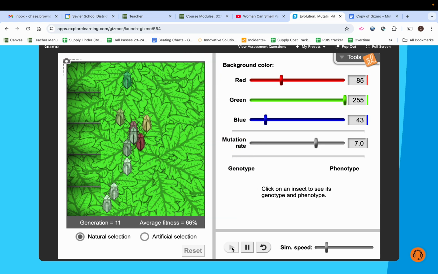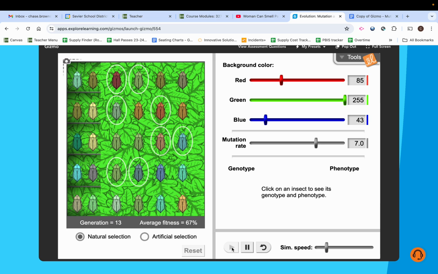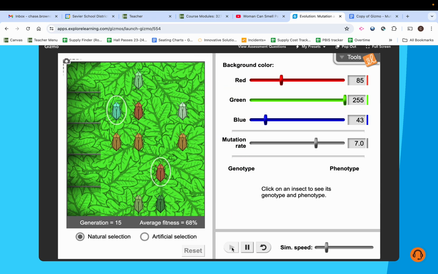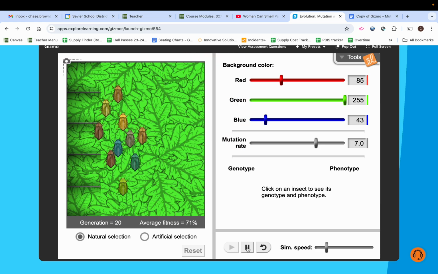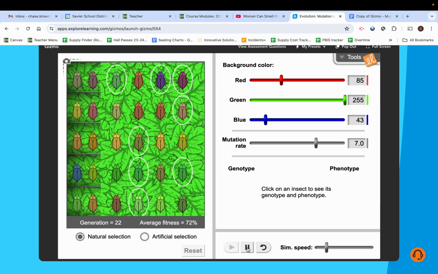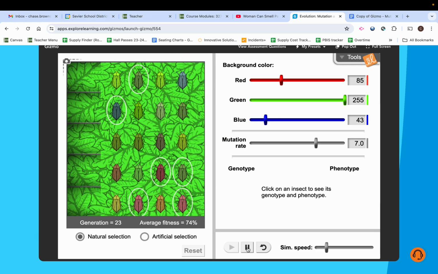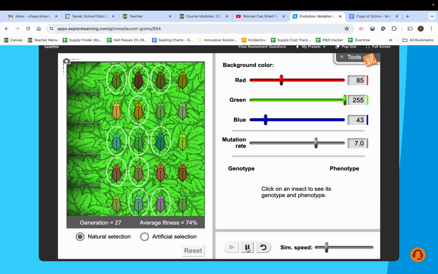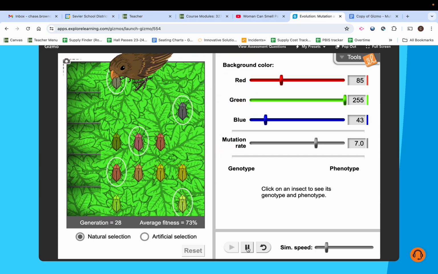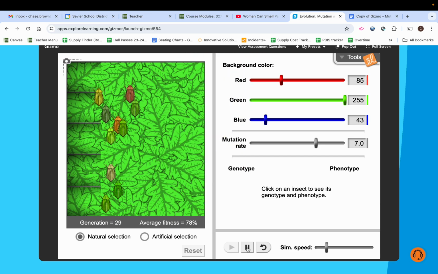Things are going to move so fast right now, you won't even hardly be able to track what's happening. But you should know with each generation, there's breeding, there's offspring. Natural selection eliminates the weakest, and the survivors breed together and produce a more fit generation than the previous one. Most of the time, anyway. We're going up to 40, right? We're already at 25. These bugs are looking greener and greener. Is every bug immediately just green? Heck no, I see reds and pinks all over in there. But whenever I see a really bad mutation,